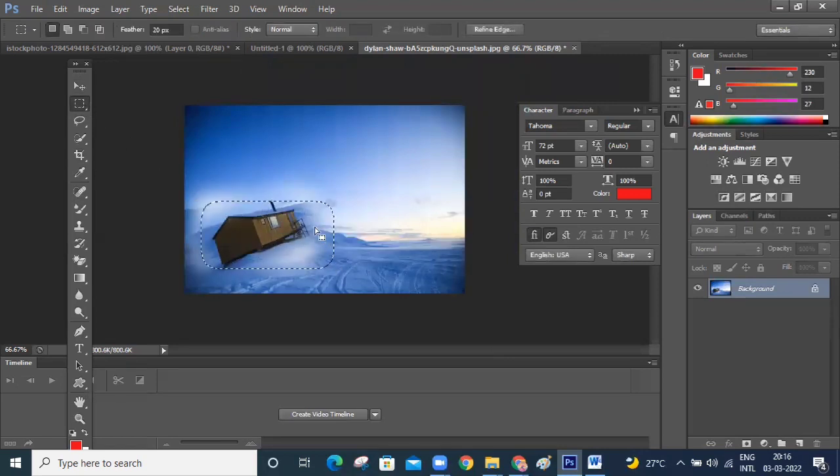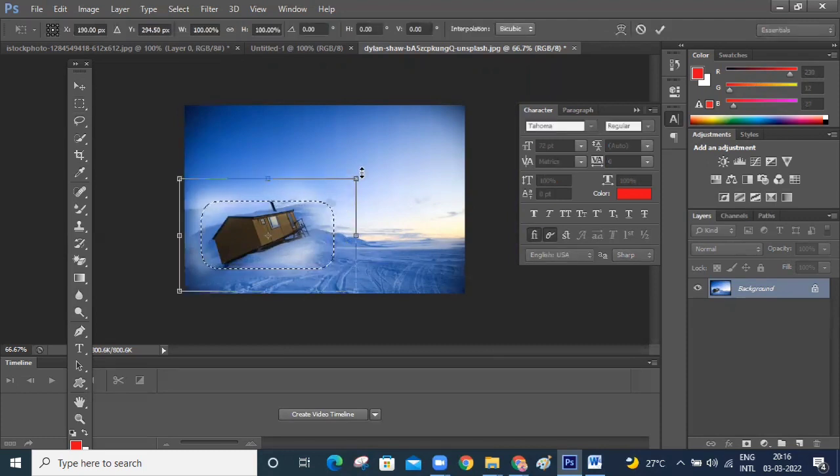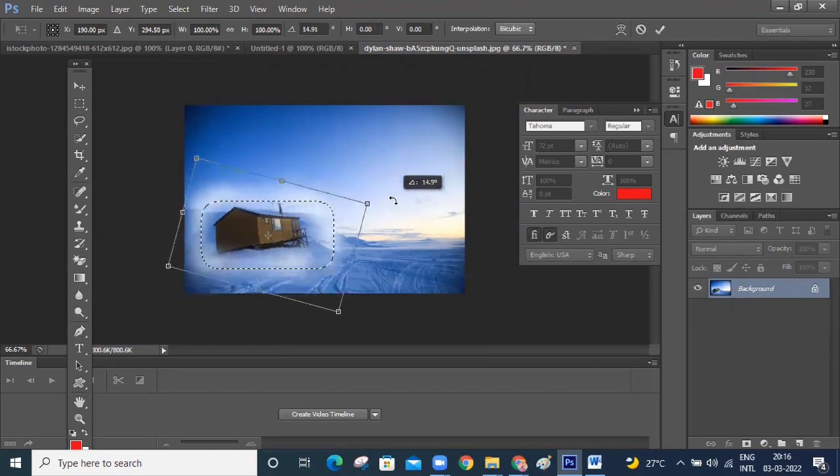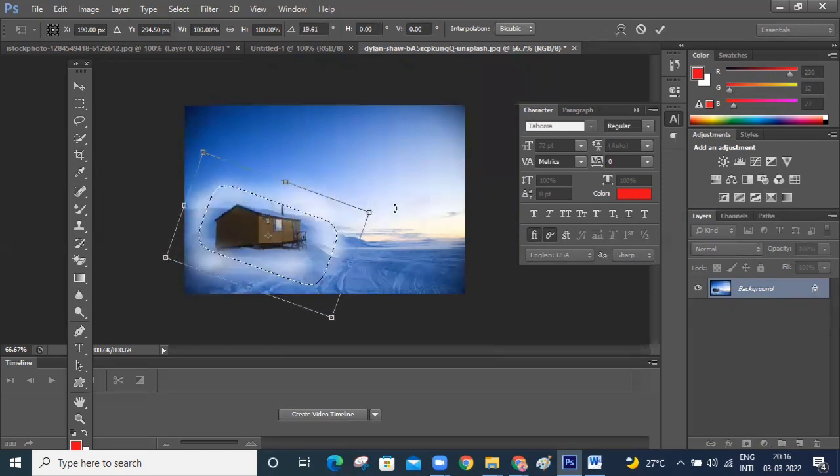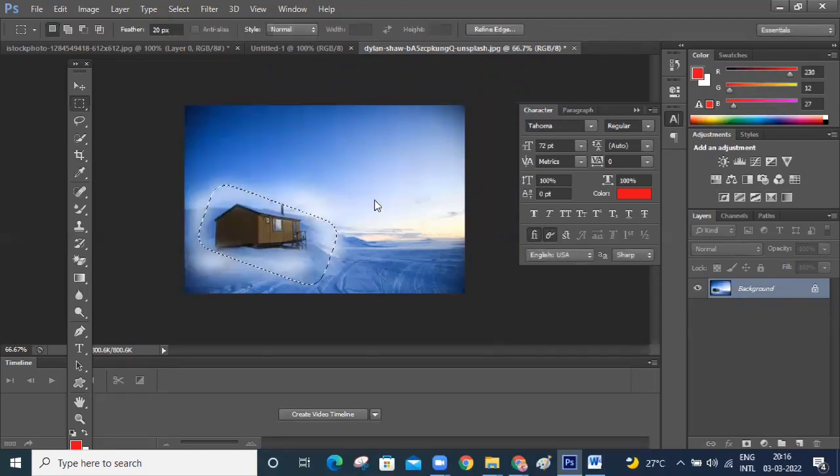Or we can straighten with rectangular marquee tool also. Just press Control T. You can straighten like this. I don't know why this option is not working. Here, if you draw one line and click on straighten, it will come.